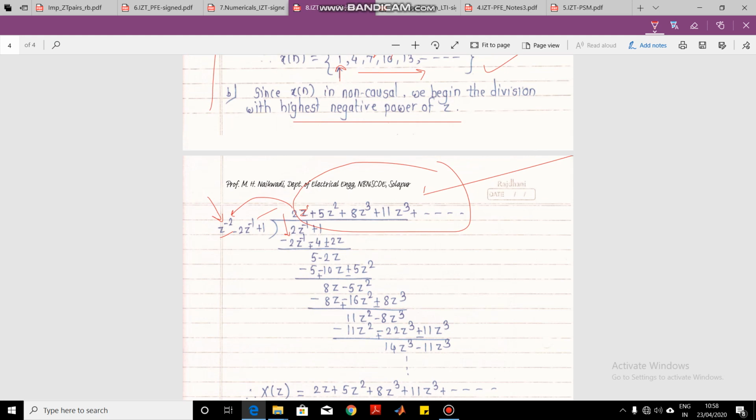Once you get this, again you have to multiply. So minus 2 into 2z gives minus 4, because z raised to minus 1 and z will become 1. Again plus 1 into this, so 2z. Do the subtraction, since this is division. After subtraction this will become 0, minus of minus will become plus, so here you will get 5, minus of plus is minus, so minus 2z. So again you have to get here now minus 5. How to get here minus 5?